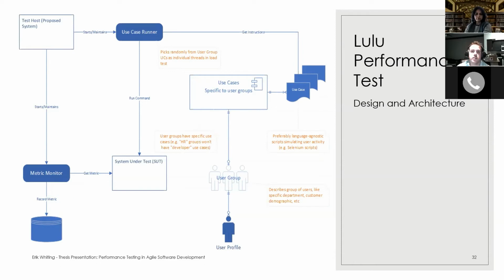If you want to look at this diagram any further, the right side of this diagram represents how a testing team would divide up use cases, and it doesn't actually have much to do with the actual LPT system, but sometimes testers will divide use cases into user groups. So the people in the marketing team might use the system differently than the people on the accounting team. So that's what user groups are.